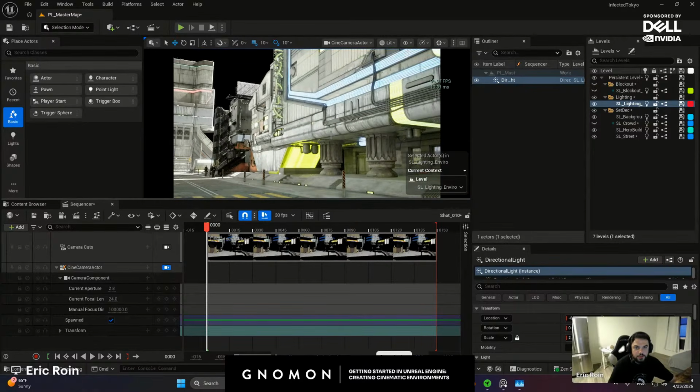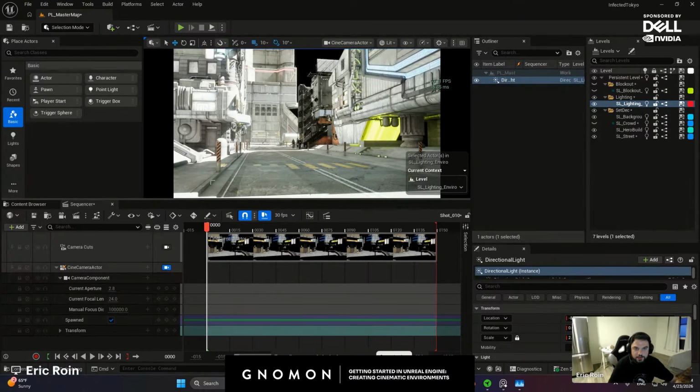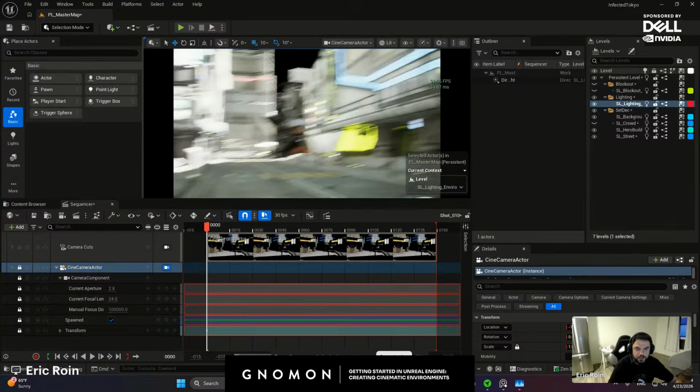Yeah, there's so many angles. I'm just trying to see what shots can work, but I think something like this we can start off, and we can always change that. Again, I'm going to be looking at multiple angles. So I'm adding a keyframe to my camera, just so I can go back to it. Then right-clicking and locking it so I don't accidentally move it.